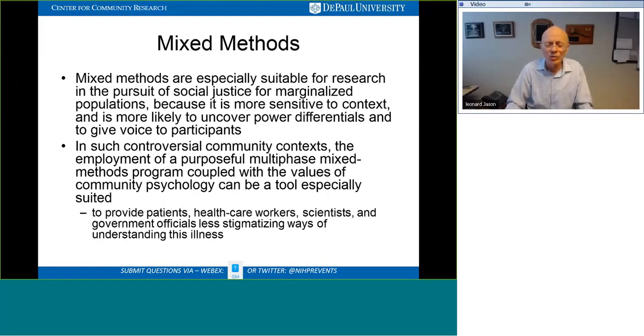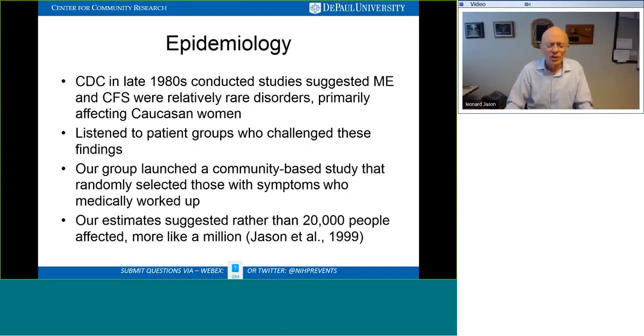It's more likely to uncover power differentials and to give voice to participants. In such controversial community contexts, the employment of a purposeful, multi-phase mixed methods program coupled with the values of community psychology can be a tool especially suited to provide patients, healthcare workers, scientists, and government officials less stigmatizing ways of understanding this illness. So let me give you an example of some work that we did in this ME and